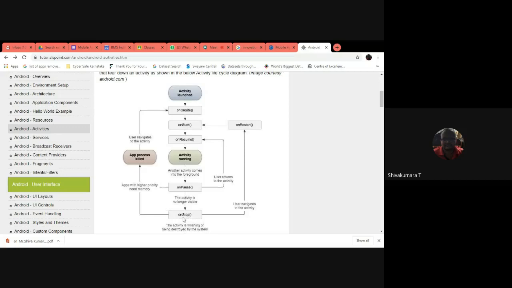After onPause, sometimes the user navigates to the activity again. In that case, it will call the onRestart method. It means the previous session was terminated and a new session is going to be started, like closing WhatsApp and reopening WhatsApp.